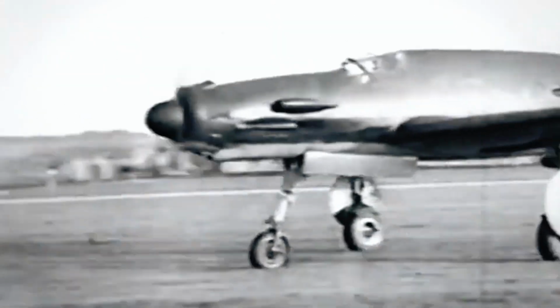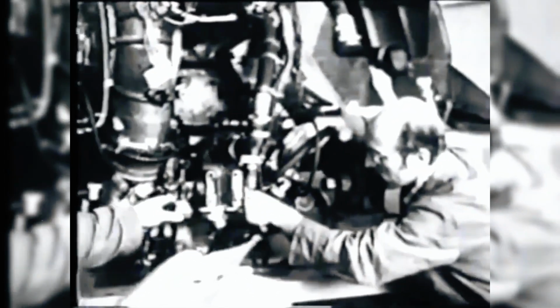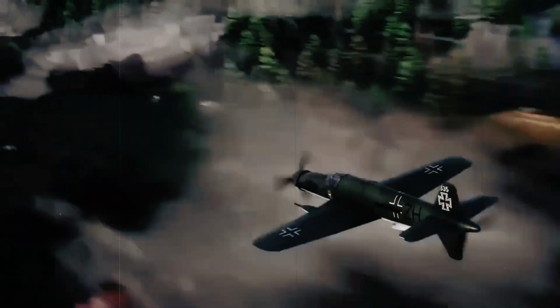Debuting as prototypes in 1943, the Do-335 appeared when Germany was already under severe strategic pressure on multiple fronts. The Allies were advancing in North Africa and Italy, and they were gearing up for the invasion of Western Europe, while Soviet forces were pushing back on the Eastern Front. Amidst the turmoil, the Do-335 was one of several wonder weapons that the Nazi regime hoped would turn the tide